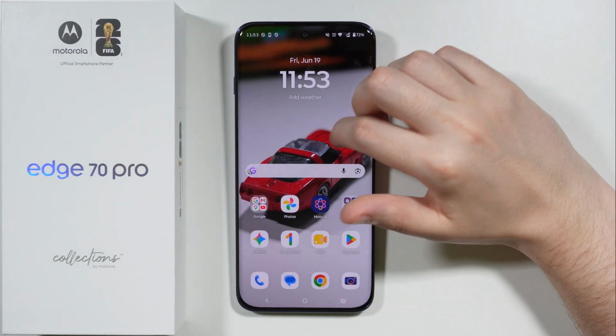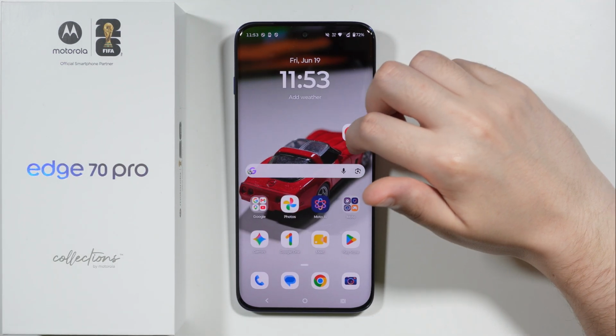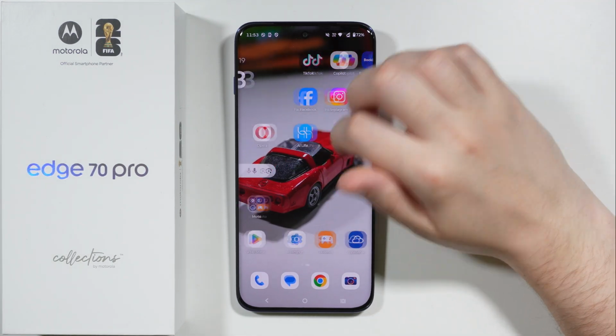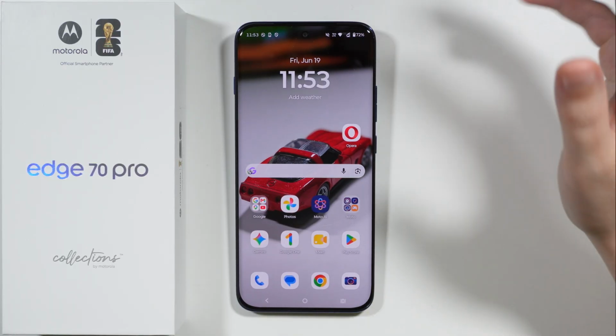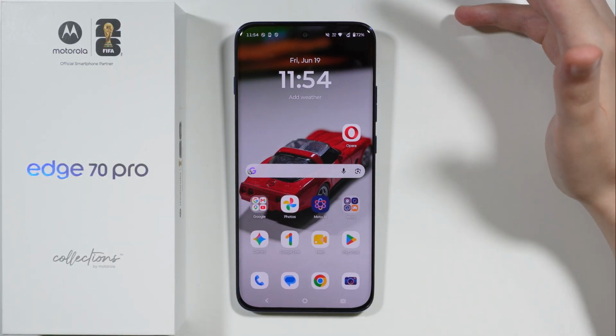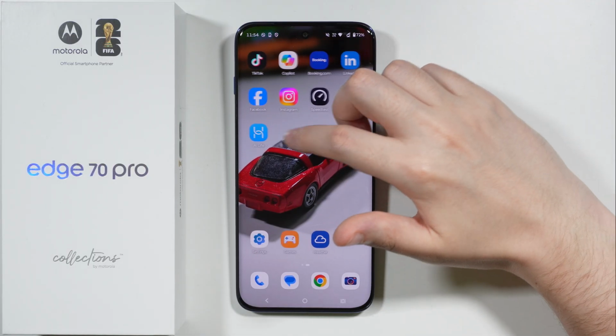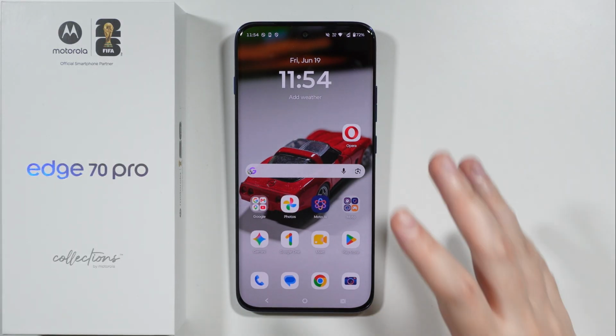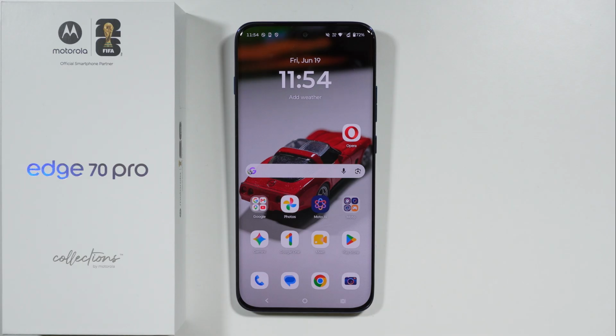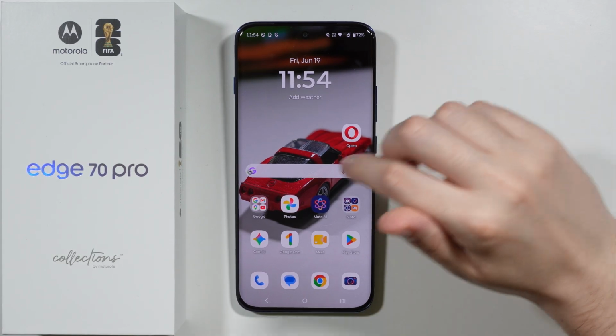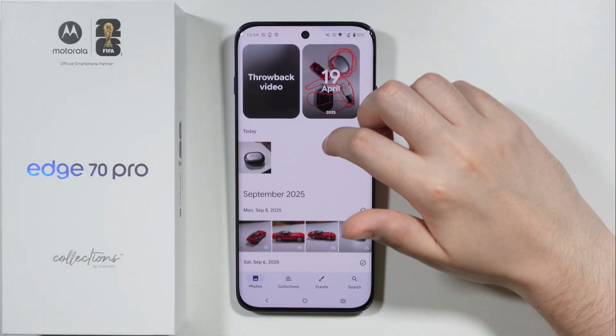If you want to disable the wallpaper scroll effect on Motorola Edge 70 Pro, then unfortunately the phone does not have a dedicated option which would allow you to simply disable the scroll effect. The reason we have this scroll effect is because the wallpaper that we have set up is actually wider than our display. So in order to solve this issue, you can, for example, go to the Photos app,